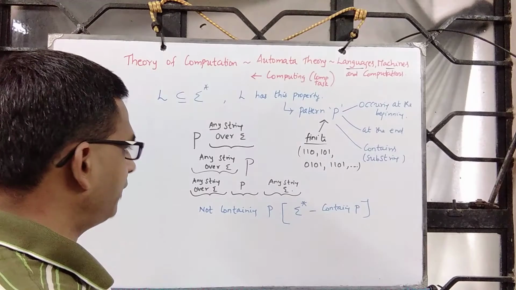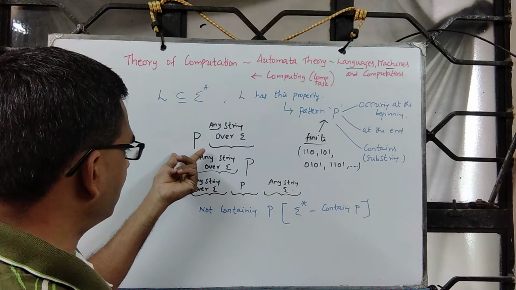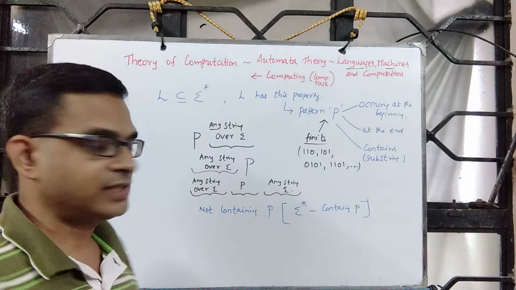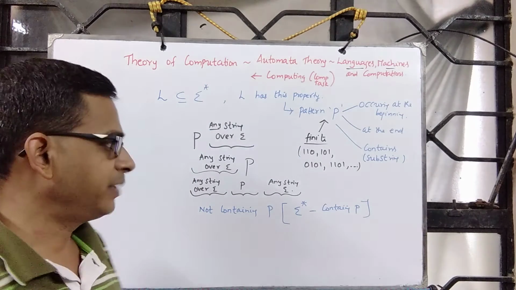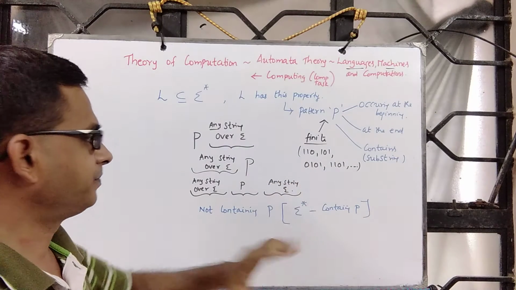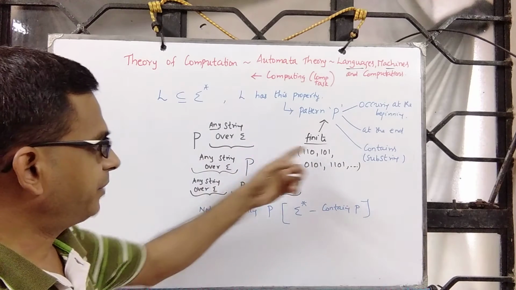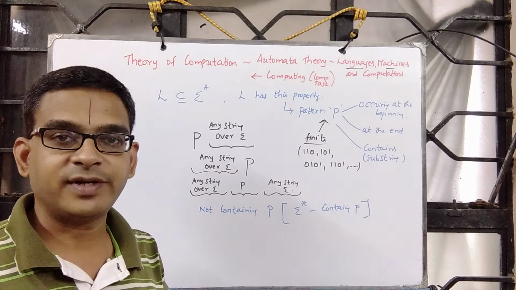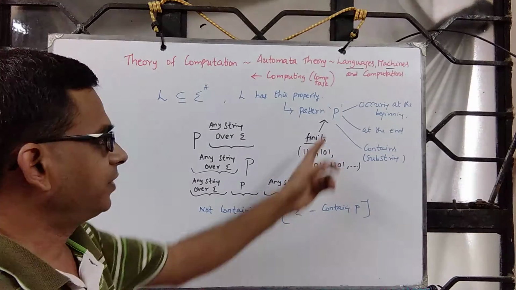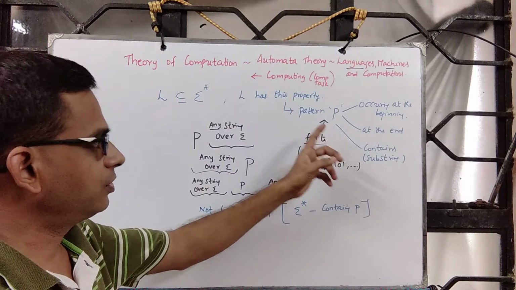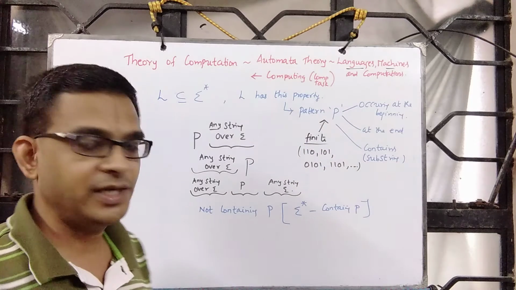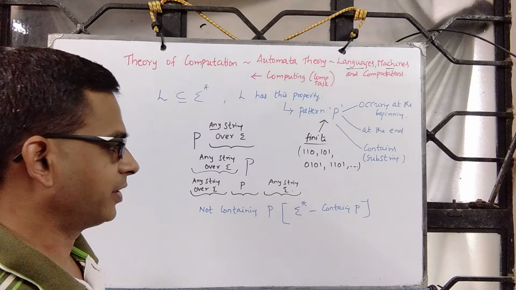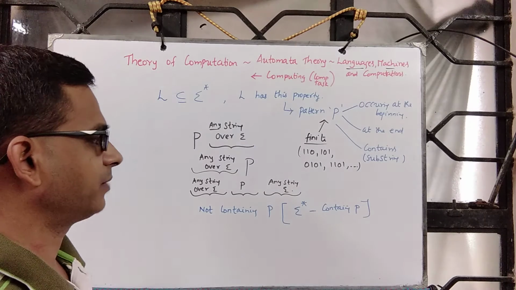So the way we do it here is first we construct a deterministic finite automaton or a non-deterministic finite automaton accepting just the pattern P, meaning base string 101 or 1101, which is why I demand that the pattern has to be finite, because being a finite automaton you are allowed to have only a finite number of states. If the pattern is infinite, then just to recognize the pattern P you need an infinite number of states, which is not possible using a finite automaton, because by definition it allows a finite number of states.